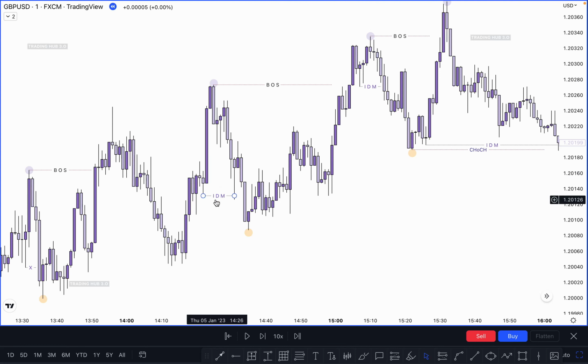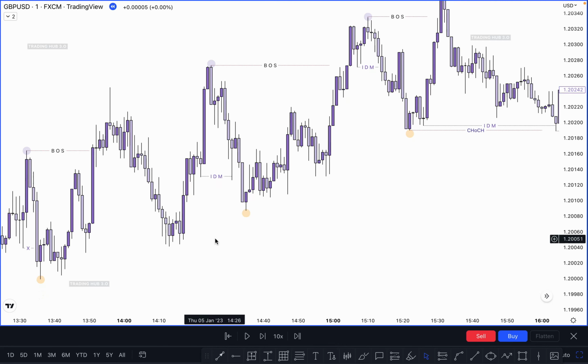Inducement was here. You have to identify where is our imbalance. You have to mark from the bottom to top in a bullish market. So you can see this leg is here, something like this, right? So you have to start mapping where is our inducement. So in this leg you have to identify where is our unmitigated imbalance, because this one is